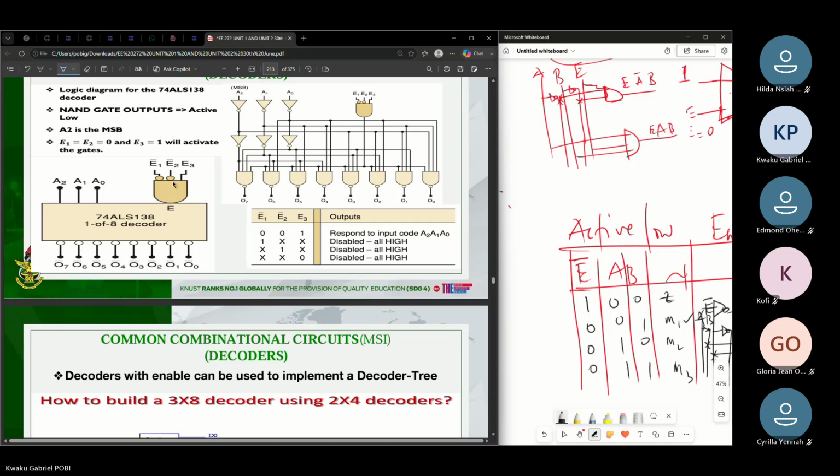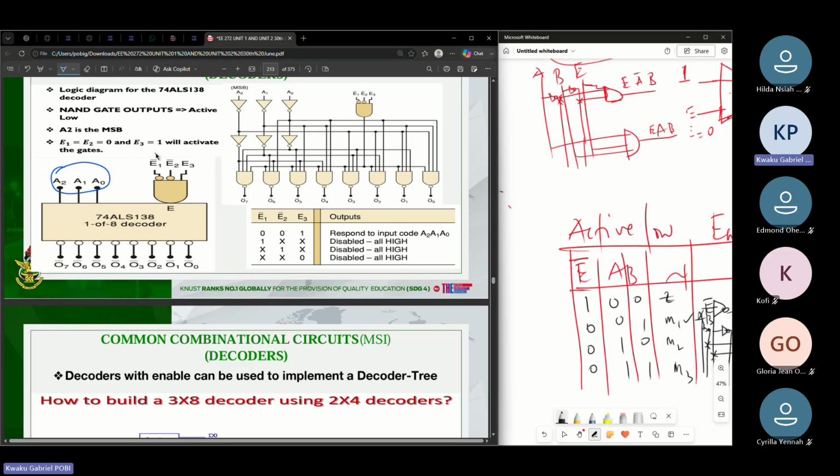So check. See this, an active low, another active low. This active high. So you see them being marked like this. If it's active low, it means you need a 0 to activate it. And then if it's active high, you need 1 to activate it in that case. So here, all that you need is this. If you want to activate the system for your input combinations here to be seen at the output side here,